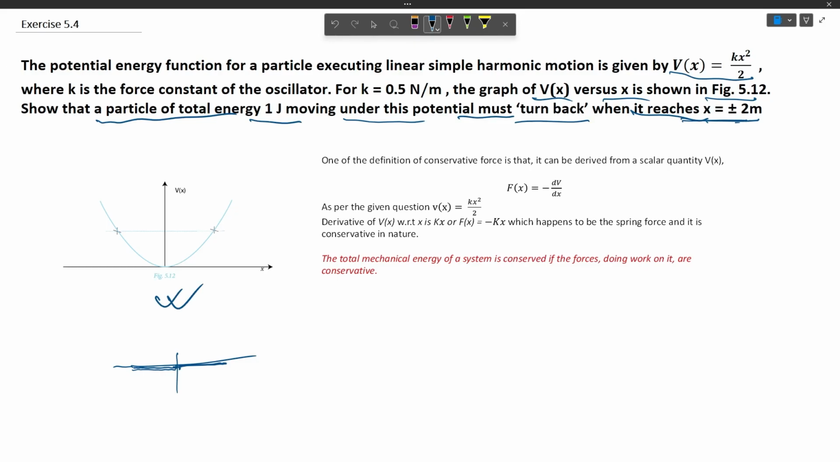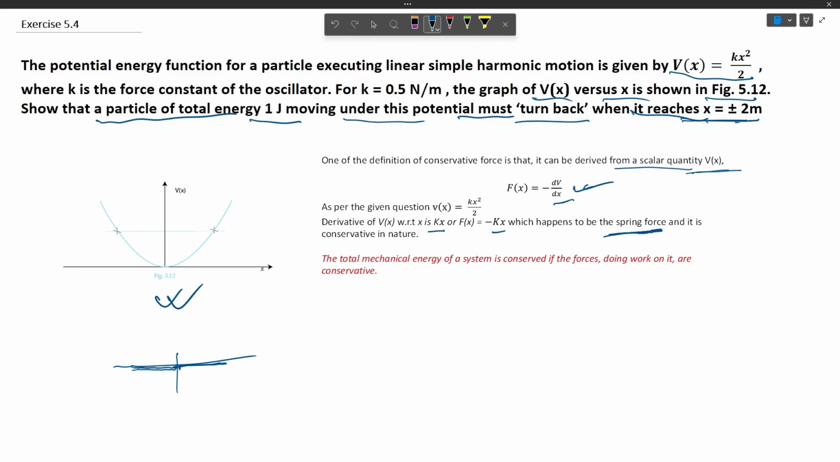So one of the definitions of a conservative force is that it can be derived from a scalar quantity, the potential energy, which is a scalar quantity. As per the question, V(x), or the potential energy, is given as kx squared by 2. Now the derivative of V(x) with respect to x is kx, and F(x) according to the definition, where F(x) equals minus dV by dx, where V is the potential energy function, is minus kx, which is the spring force